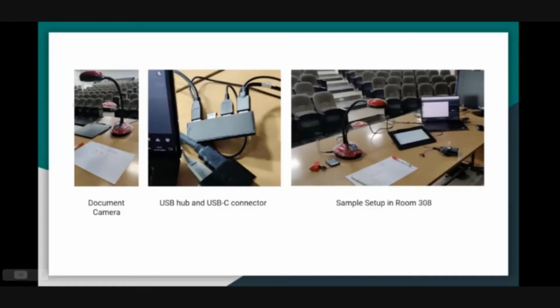How would this work? Say, this is how the document camera would look. You would have your paper on which you want to write something. This is just a USB hub where I've connected, say, my mouse dongle. This is coming from the document camera. This is coming from the actual DSLR camera, which is placed at a distance on a tripod. This is coming from the projector or the second screen. Right? So the third scene is what you see as a sample setup.